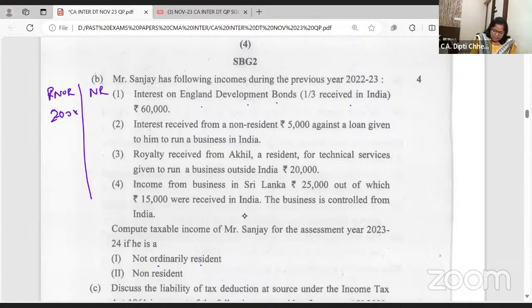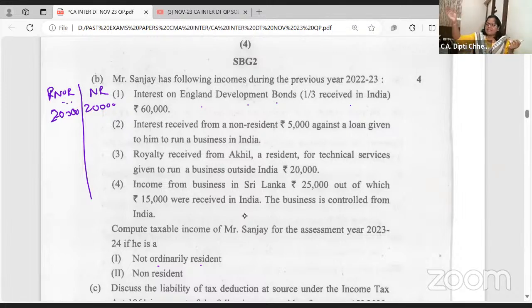So what's received in India is taxable for both, and what is not received is not going to be taxable because he is resident but not ordinary resident. This reminds me of that table. Yes, yes, no, no. What is the difference, dear students, in